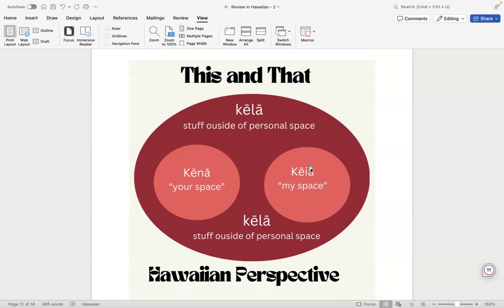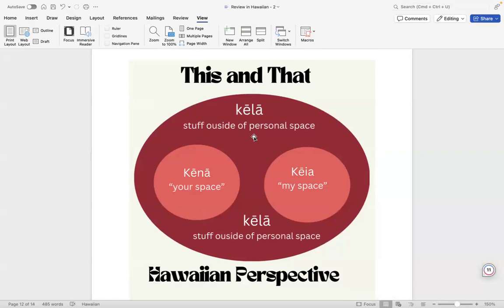Kēia is this in my space. Kēlā is stuff outside of personal space. Like if, say, I'm looking at the garden and pointing, oh my gosh, they're so beautiful. He la kēlā ma'o, so I'm saying, what is that over there? And he mala pua kēlā,